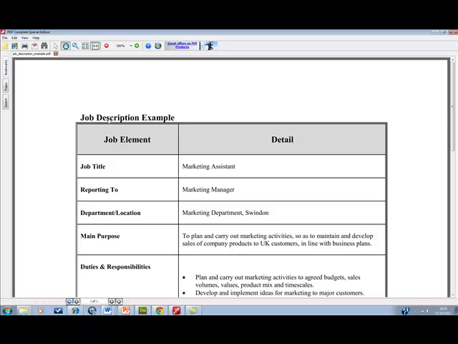They will see the job advertised and they will think to themselves, right, I'm going to apply for that job. And they won't even look at the person specification or the job description. They will just look at the title. So, for example, here we see the title on this job description example as being marketing assistant. They think to themselves, yeah, this is a great job, it's right up my street, so I'll apply for it.